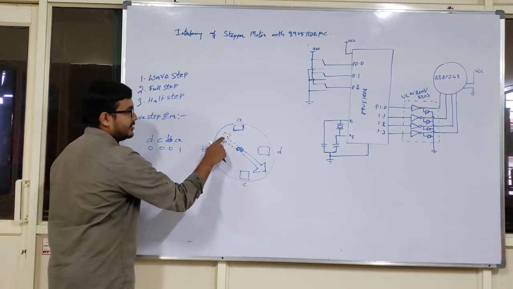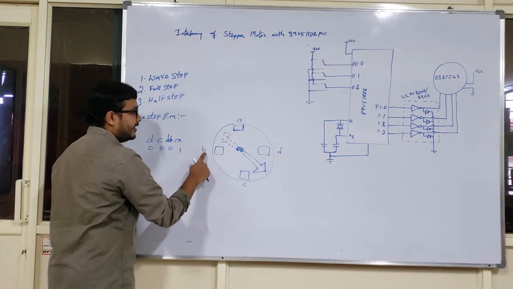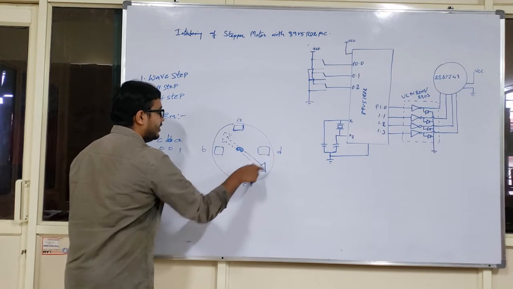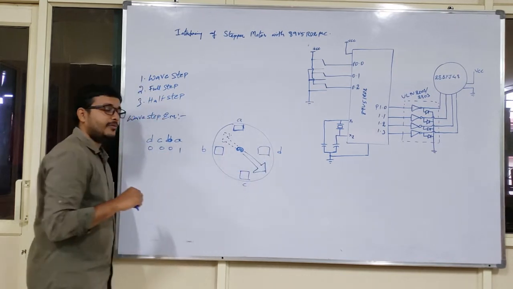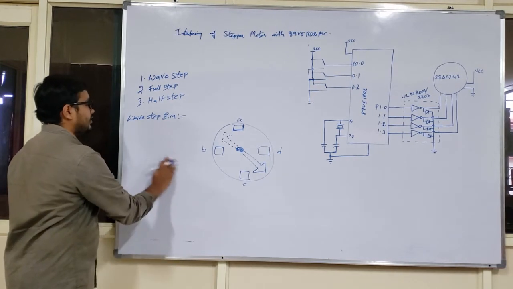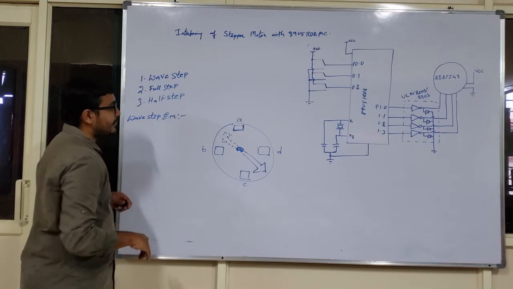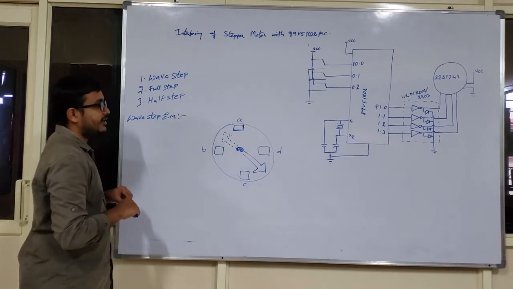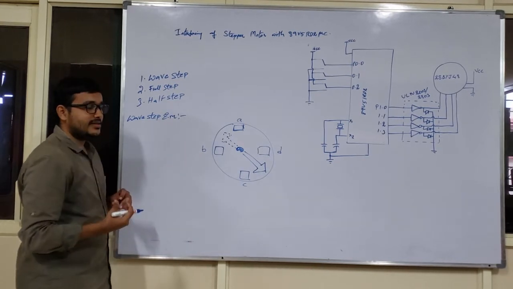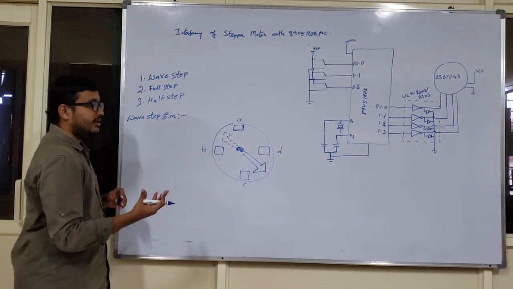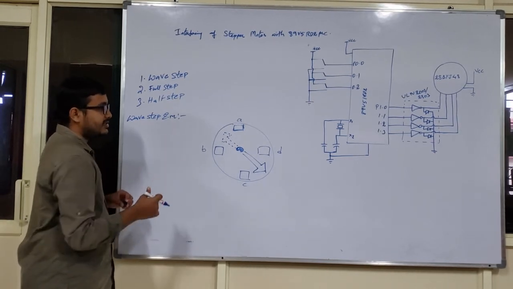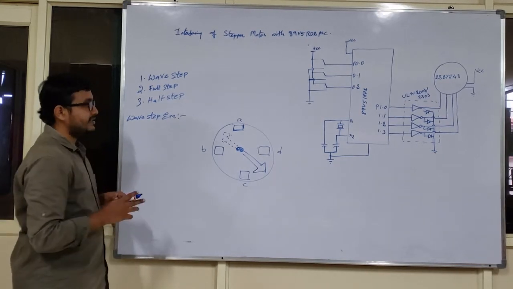And if the shaft position is here, A phase and B phase will be getting energized, and if the shaft position is towards the direction in between D and C, the D phase as well as the C phase will be getting energized. So in this full step excitation mode, the power consumption and the speed performance are unique. That means here 2 phases are getting energized, so generally it will have more power consumption, and the speed and performance also increase in this full step excitation mode.